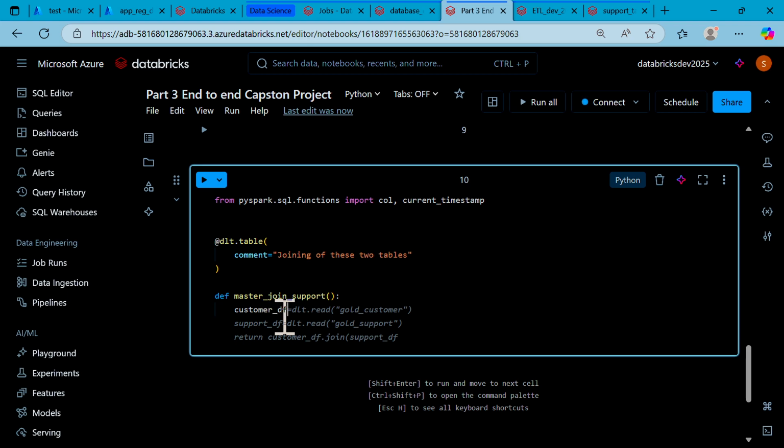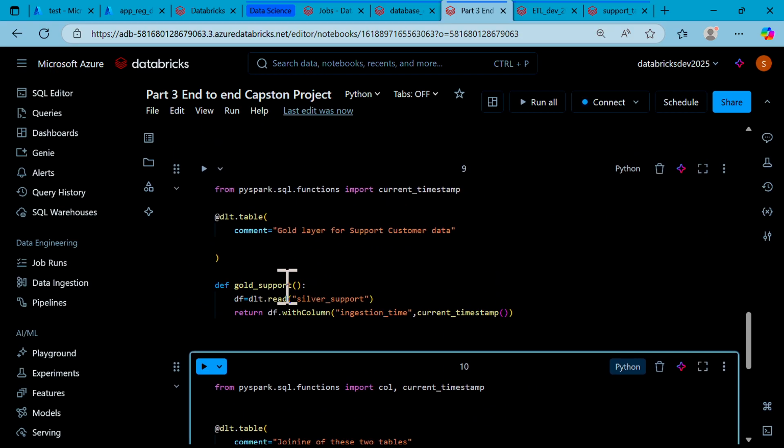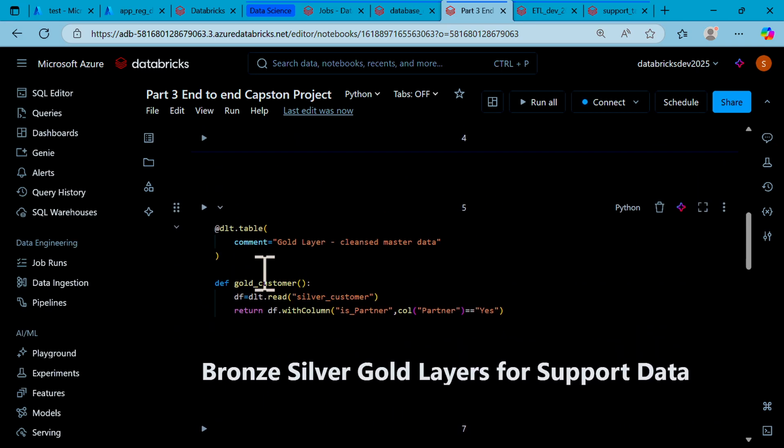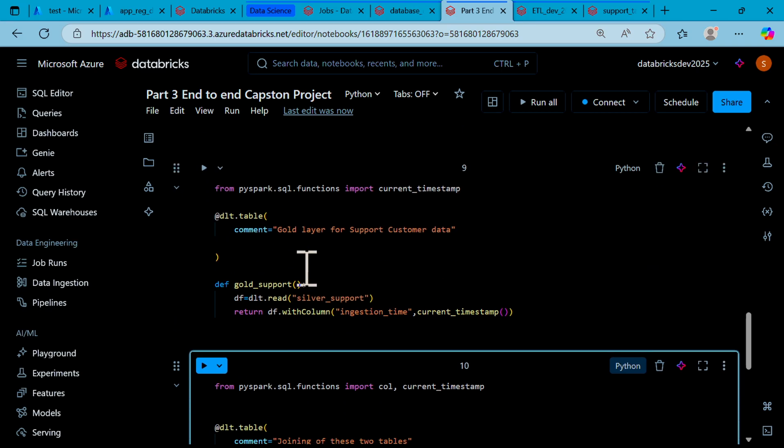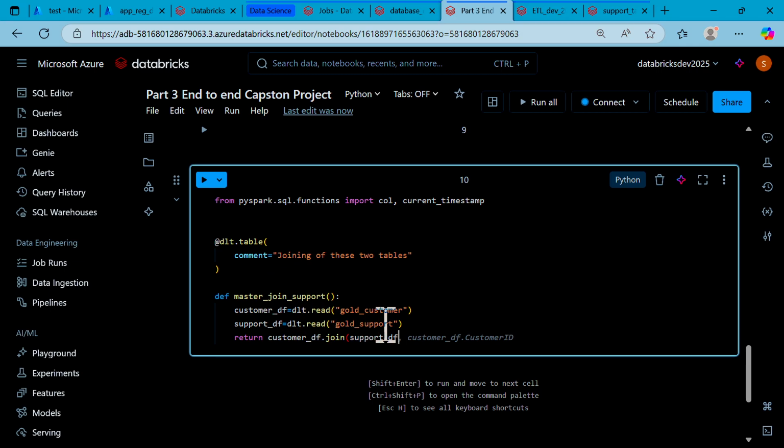customer underscore df equals to, I'm going to read both gold label input tables here. So this would be the gold tables and this would be the support. I'm going to gold support as well. So here you can see this is the gold support, and if you go up, this is the gold support customer. So this is the customer df and this is the gold support df, which is consisting of gold support